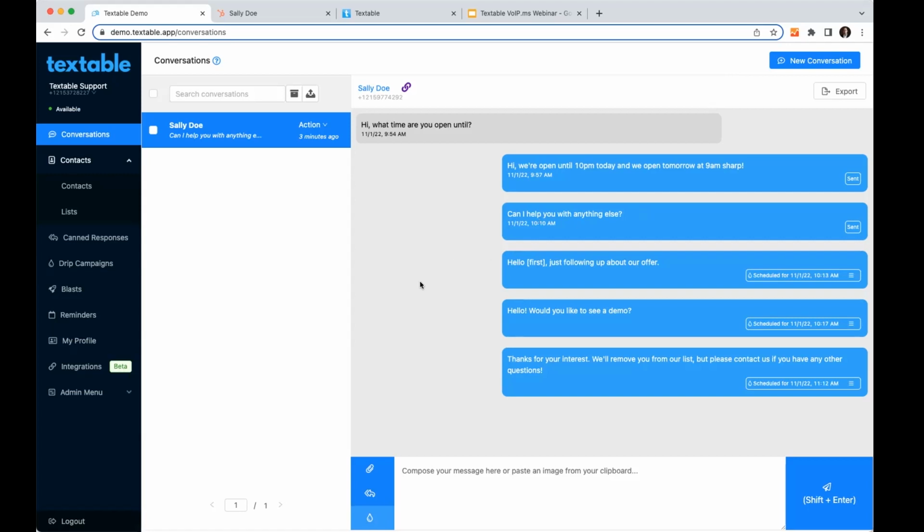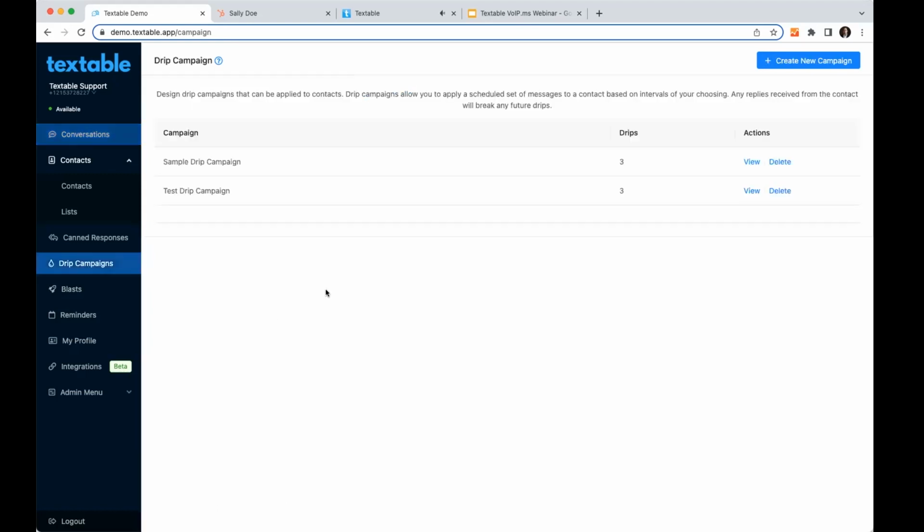So basically, going back to the HubSpot question, the way we're doing CRMs is we're initially releasing them as a background sync. So it's going to do this lookup in the background. It's going to synchronize the messages in the background. And that's phase one. In phase two, we're going to be looking at what all of our CRMs can do standard across the board, and what we can do to connect the dots between Textable and those CRMs. So that's a great example of how, in phase two, we might look at something like a drip campaign and how it syncs up with a feature of HubSpot, and figure out how we can link them together.